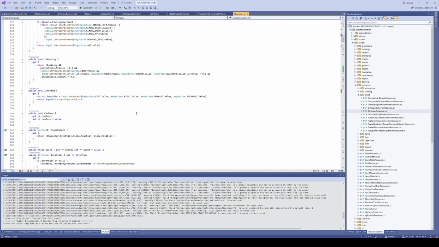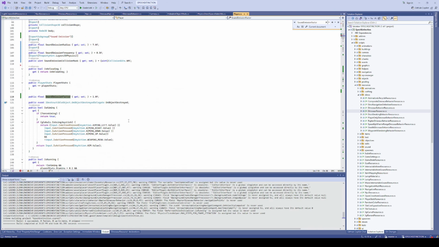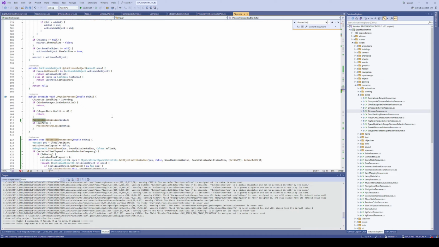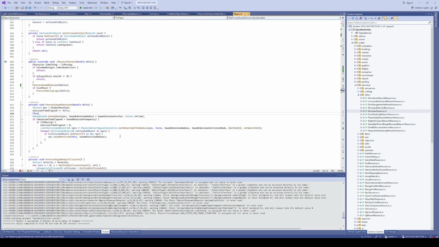For example, if the player is in a crouch position, then the radius is supposed to reduce, right? And this factor will help me to regulate this parameter dynamically. And that's about it for this